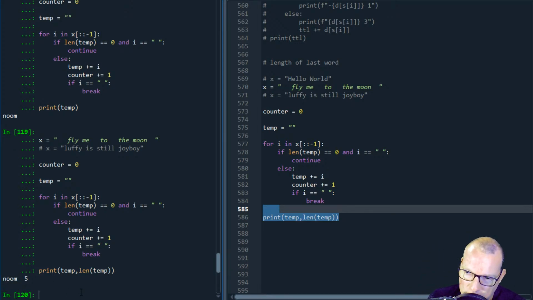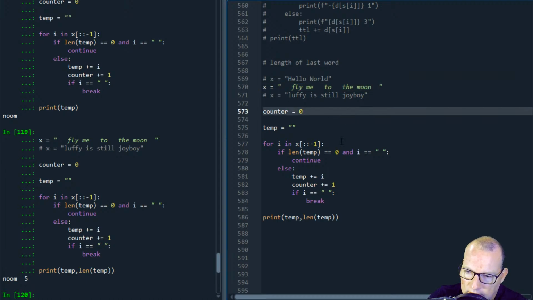We've been doing some coding challenges from online platforms. And today's is we're going to look at finding the length of the last word. So we're given strings. And then we're also going to look at,